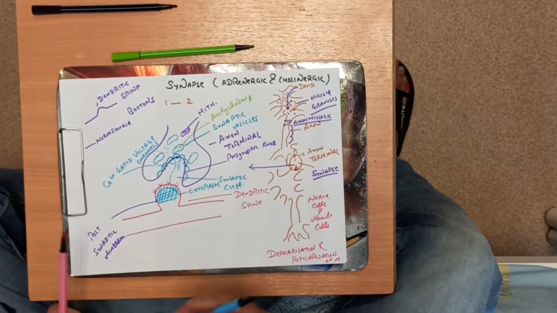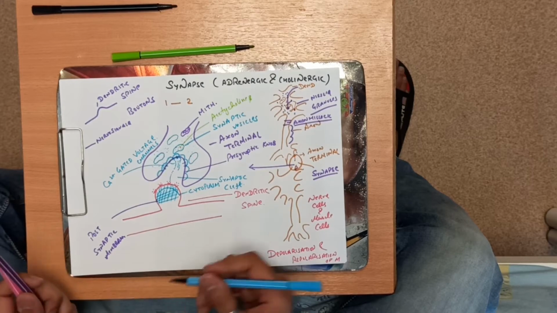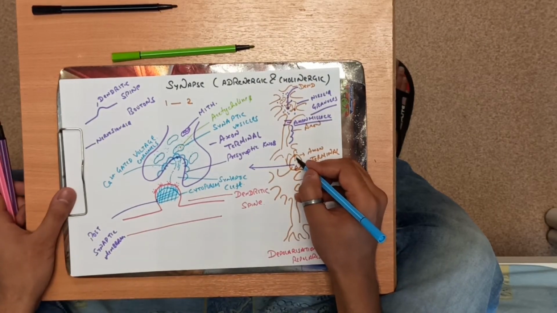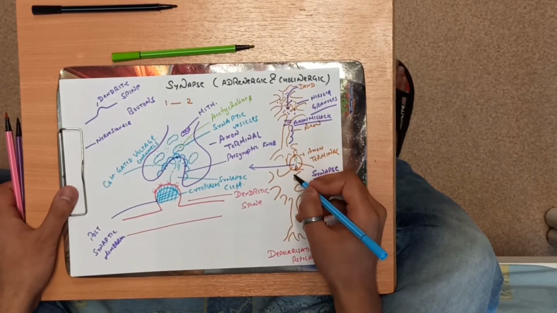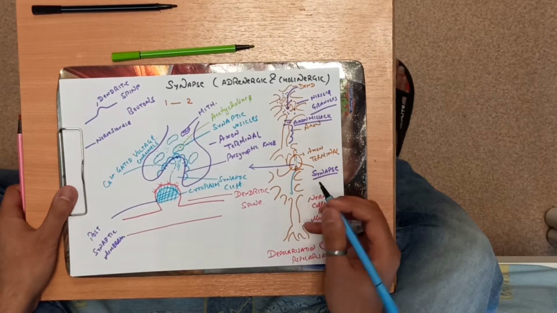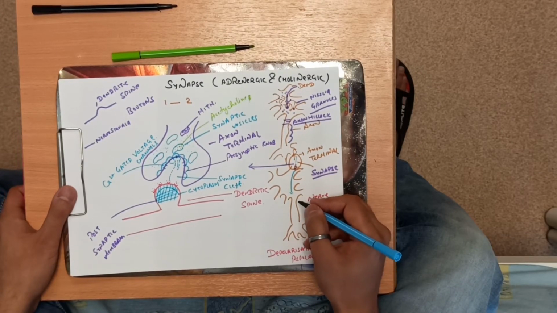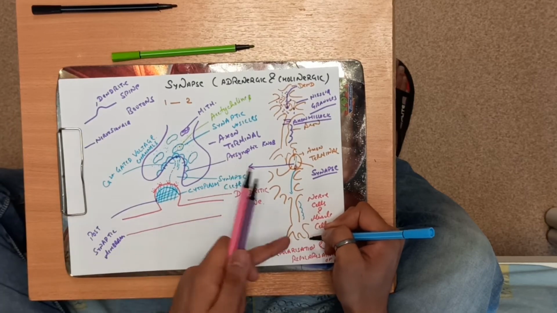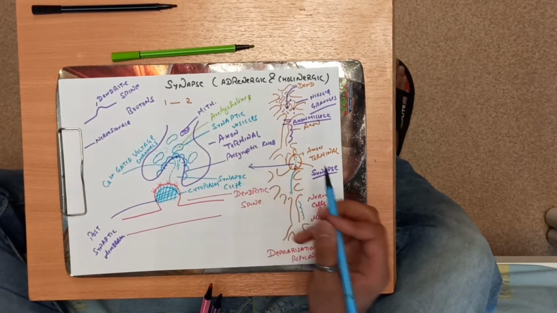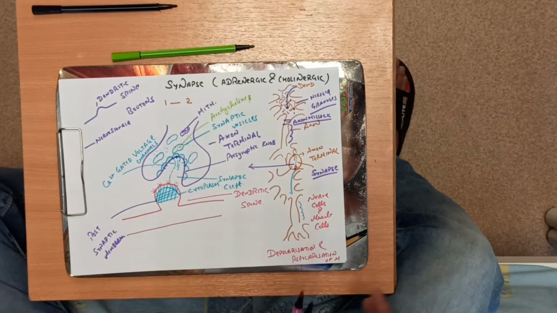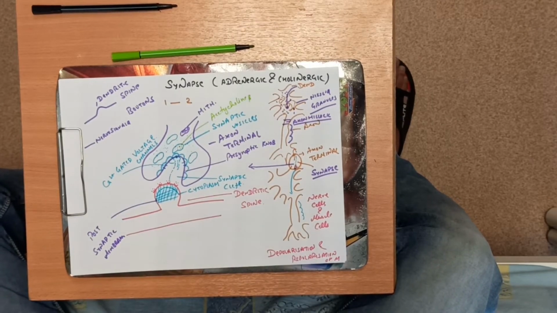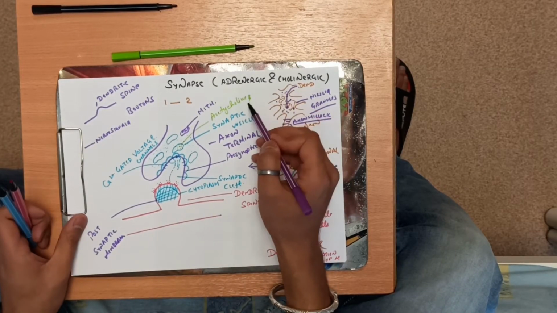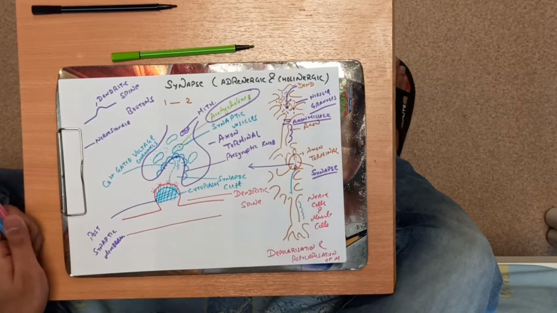Now on reaching the dendritic spine, suppose from here the acetylcholine reached here. Now again the same process will occur. It will go to the axon, move through saltatory conduction and enter into the axon terminal. From there it will transfer the information towards the next. Now talking about a particular cholinergic synapse, in which acetylcholine is the main neurotransmitter.